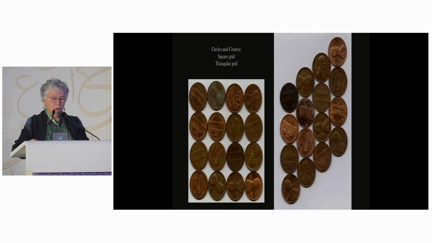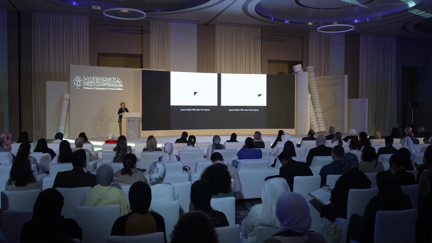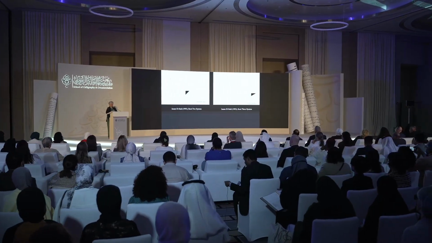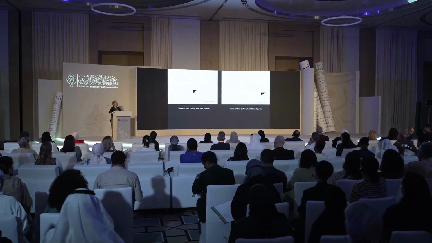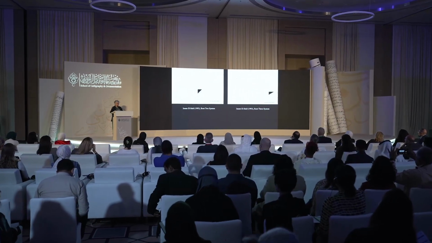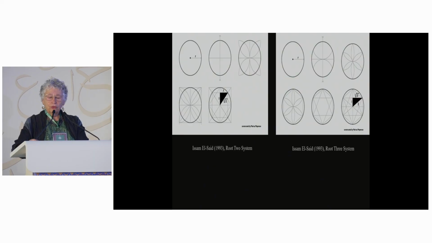These two grids, or means of packing tight packing circles, yield two systems of proportion, characterized by Issam Said in 1993 as the root 2 system based on the square root of 2, which is the diagonal or hypotenuse of a square, or the base of a right isosceles triangle with 45, 45, and 90 degrees, which you see on the left, and the root 3 system, as Said calls